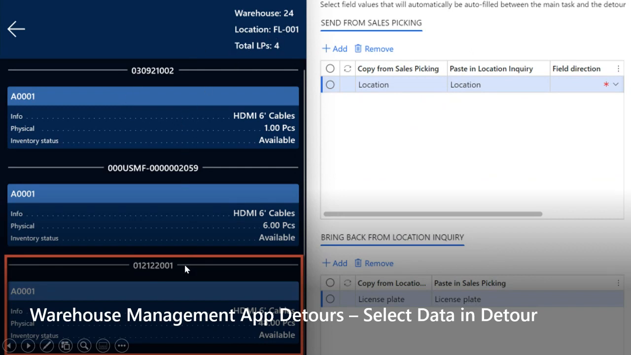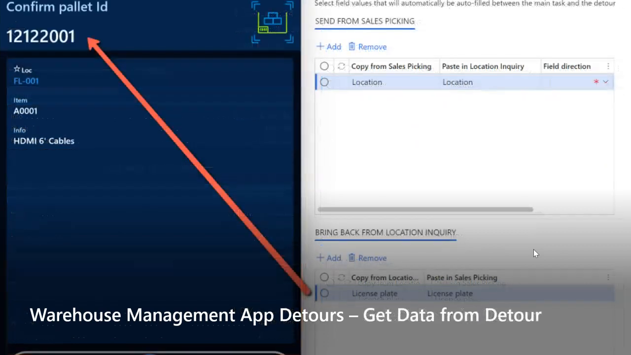It's showing me all the available LPs. And if I pick one, based on my setup down here, I'm going to bring back from that detour that license plate value into my sales picking task. And you can see that here. So here's the value that I selected in the detour. And then I can just move on with my pick. So if we go back to the demo,